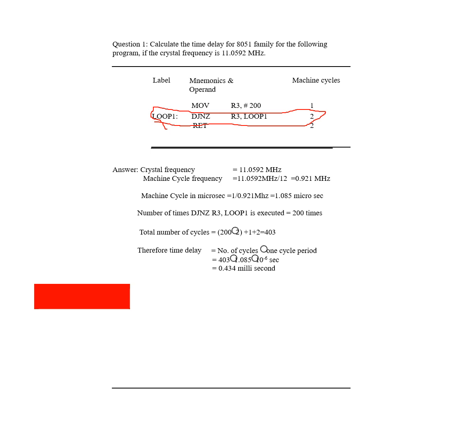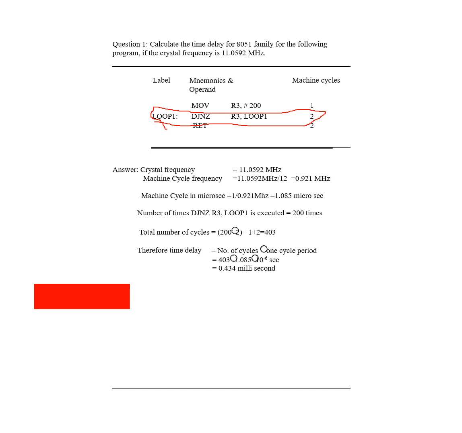Okay, so the number of cycles you got is 403 multiplied by one cycle period. What is one cycle period? 1.085 microsecond. So 403 multiplied by 1.085 multiplied by 10 to the power minus 6. This circle is multiplication. When I converted to the video, there was some problem, that is why. So here it is multiplication, and the result is 0.434 millisecond.